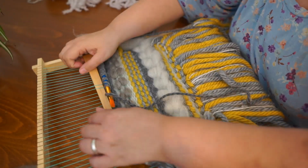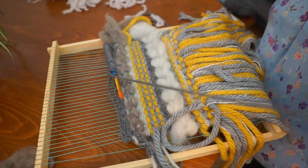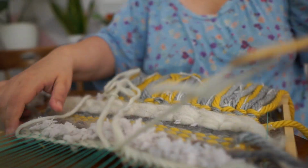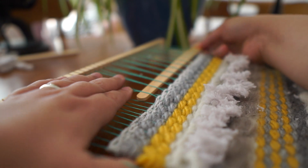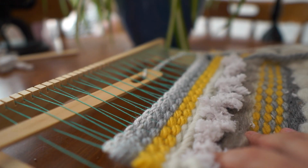And then I was trying to do these loops where you loop the actual yarn around something. So I just used a paintbrush and I did it, but the more I did it, it didn't seem very secure. So I abandoned that in the end and went with just wrapping the yarn around a couple of loops. Bit like the Egyptian loops, but I think it was a bit different to that. Then I did a couple of rows of mustard, a couple of rows of grey to tie all the colours in together. And then I did my header, which was done with the same yarn as the footer. And the header and the footer just keep the thing in place and stop it from all falling apart, basically. That's my understanding anyway. But bear in mind, this is my first time using this, so...